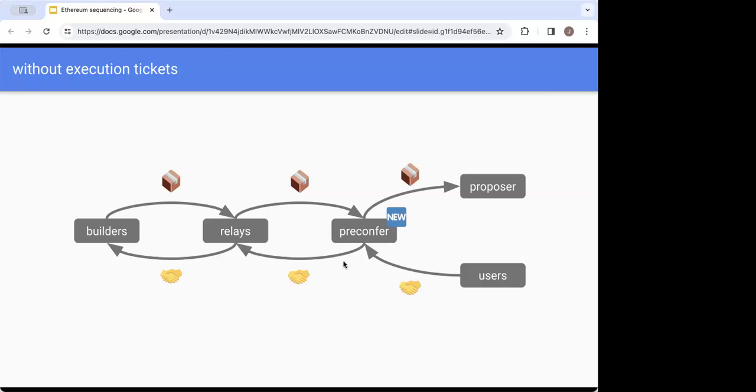And as we've seen, the relay's role has been evolving a lot and taking on a lot more responsibilities. So if you forward this along, it seems like it could be a relatively powerful position for the relay to be in, especially if most people end up delegating to one or two relays, Ultrasound being the obvious choice here, and I think Bloxroute as well.